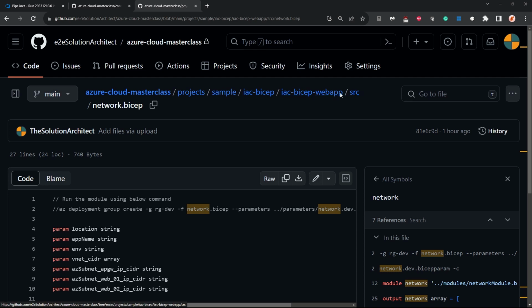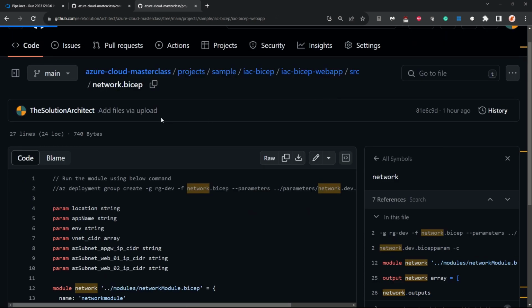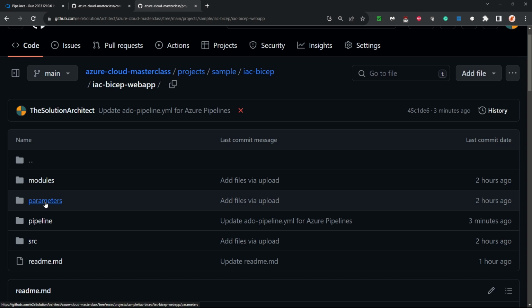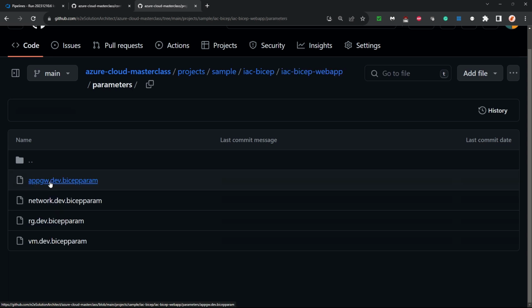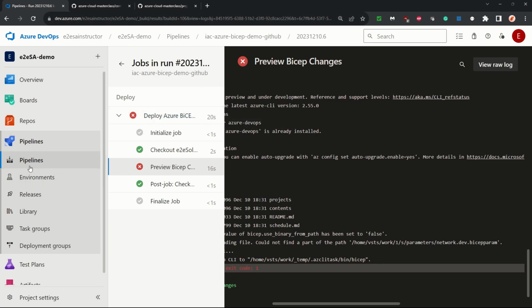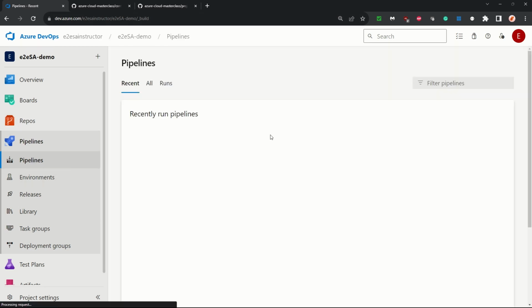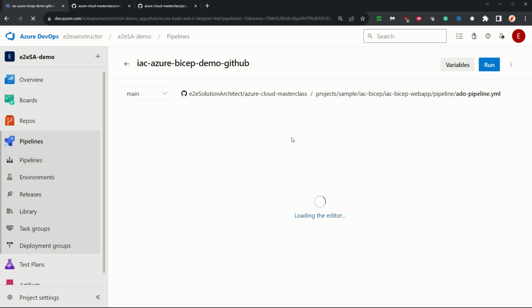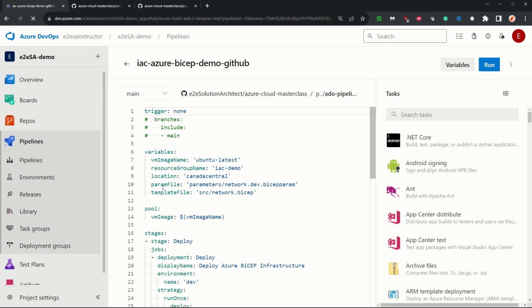And if I take you to the parameter, which is actually failing, let me take you to this parameter. Inside that parameter folder, we have this network.dev.param. Okay, but what happened is that in our pipeline YML, we gave a different path, and that's why it couldn't find the parameter. In the pipeline, you see that the parameter file is parameter slash network.dev.param, and the template file is src slash network.bicep. So what we have to do is actually add this